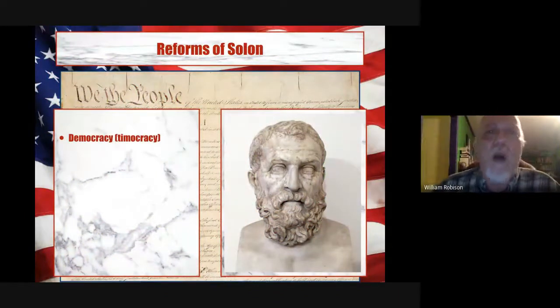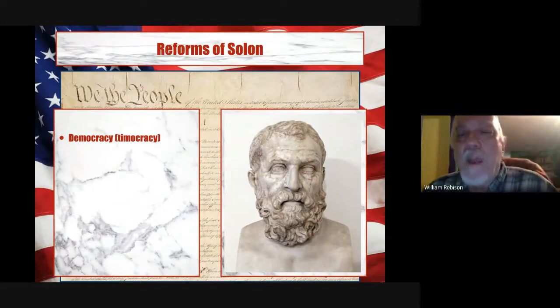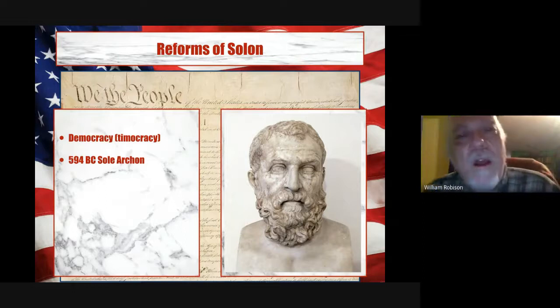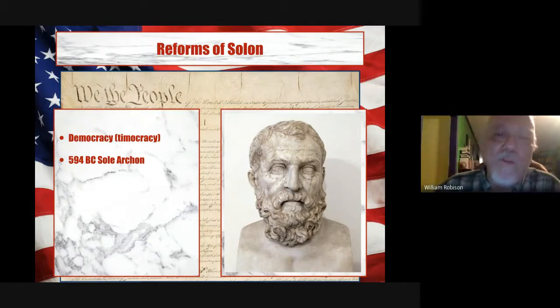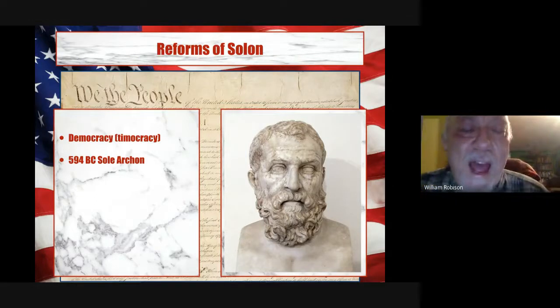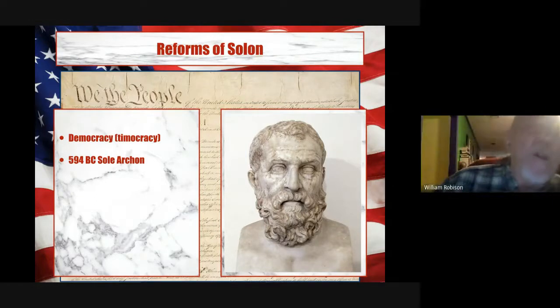The move towards democracy, or really what is accurately described as timocracy, begins during the time of a man by the name of Solon, who was appointed to carry out political reforms to avoid class conflict in Athens that had reached the point of being a threat to order. So in 594, he's given the position as the sole administrator of Athens